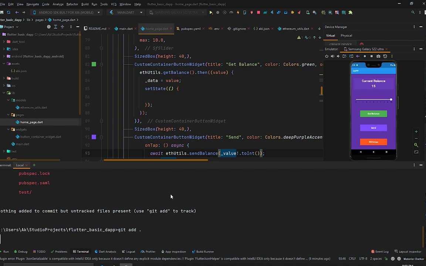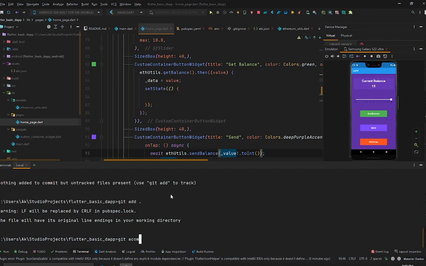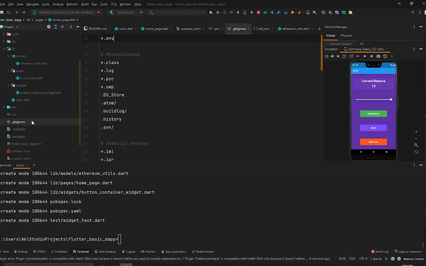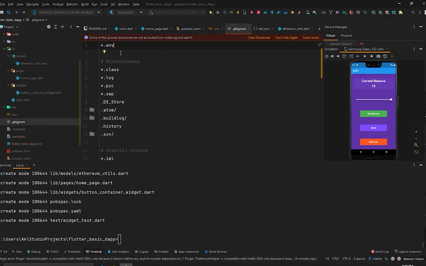First we have to git add, and then we have to git commit -m and initial, and all the files are added. And the files we have ignored in here will not be added, and you will not see this .env in the project repository. So after that you have to do git remote add origin, and we need the